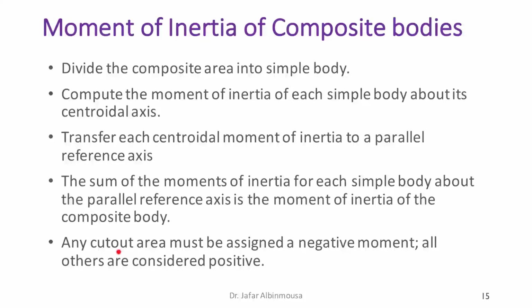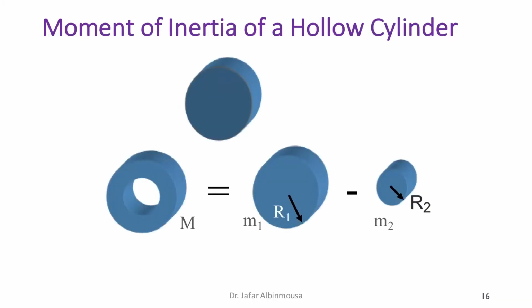Now, any cutout, a hole or any sort of cutout, must be assigned a negative moment. So it should be subtracted, and all other areas considered to be positive. Now, because we know the moment of inertia for the cylinder, which is I equals 1 over 2 mr square, where r is the radius of the cylinder, then we can determine the moment of inertia for a hollow